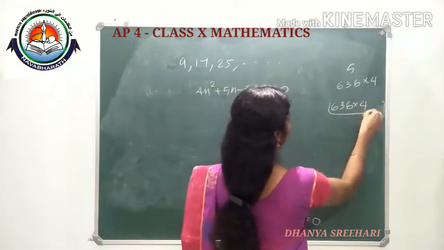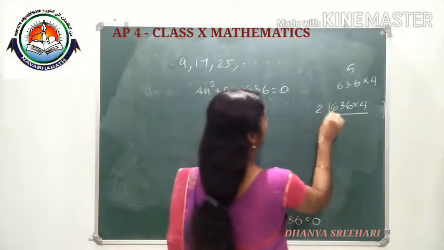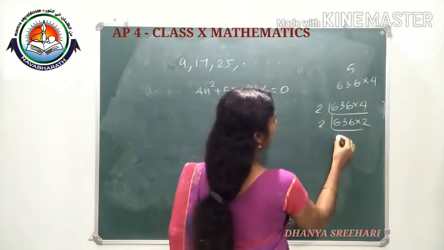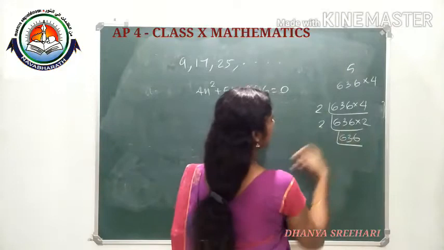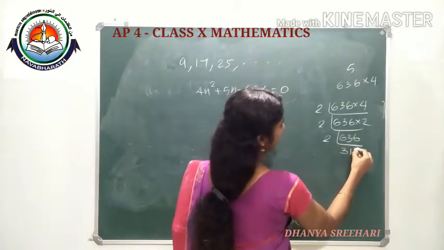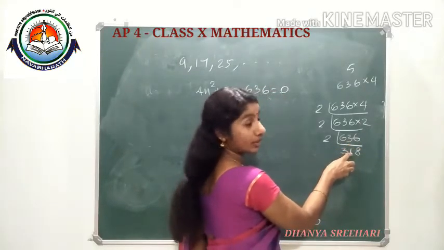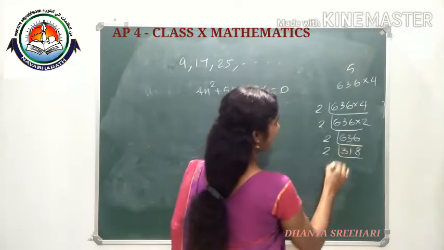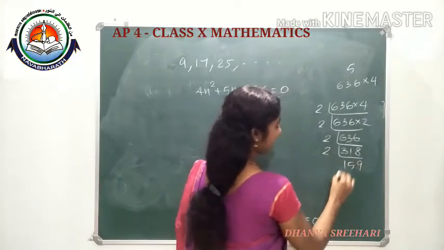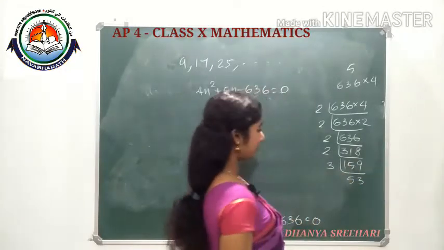I am not doing that calculation, we have no interest in getting that value since it is a big number, I am just leaving it. Dividing by 2, we are getting 636 into 2. 4 I divided by 2, again divide by 2, 636, this 2 cancelled, again divide by 2, 3 2s are 6, 1 balance, 318. 3 2s are 6, in 3, 1 2s are 2, 1 balance in 16, 8. Again we can divide by 2, we get 159. Then no 2, but 3 is possible, 5 3s are 15, and 53 is coming.